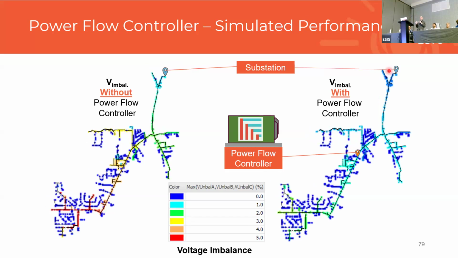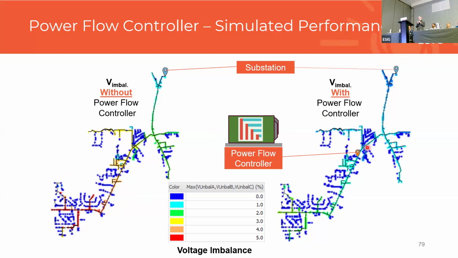Now, I think the voltage results tend to be a little bit more fun because they're a little bit more stark. You can see on the left, again, it's the one that you saw before. As you get down towards the end of the circuit, you end up with a very high voltage imbalance. It was actually simulated in the 4 to 5% range. After the device is added, you can see upstream, you're fairly close to the source. The voltage imbalance isn't as extreme because you're in a stiffer part of the system. But because you have